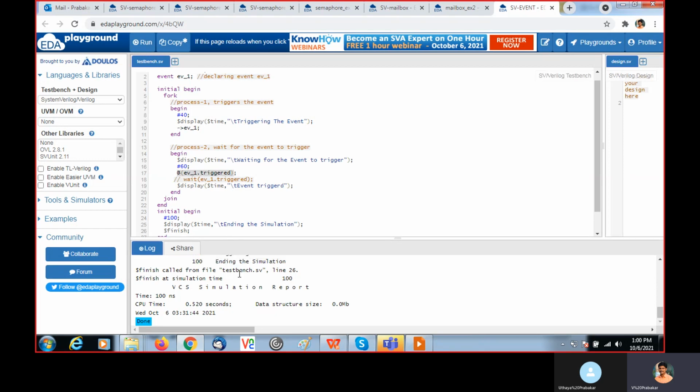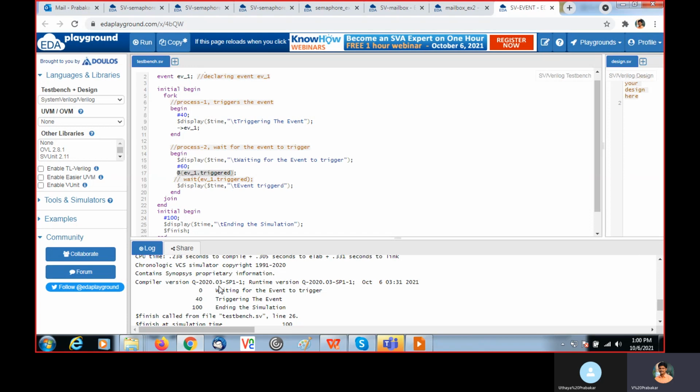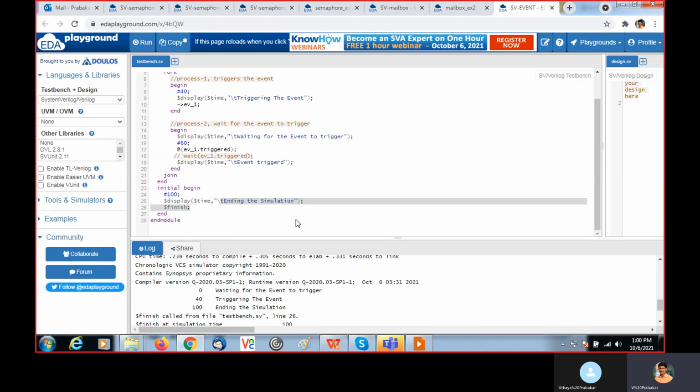If you see the log, waiting for the event trigger is happening. Then after 40, triggering the event happens. Then after 60, this line is going to execute. So it is waiting for the event to trigger, but it happened early itself, so it will not enter into this line. Event trigger, we won't get. We get the end of the simulation after 100.